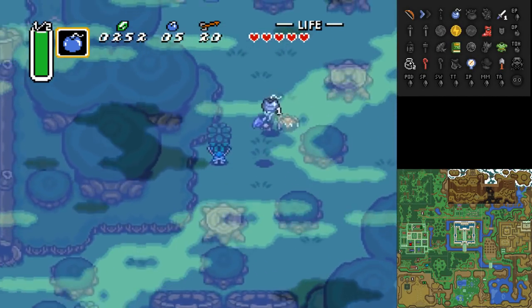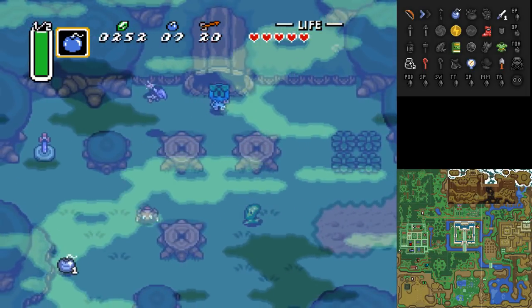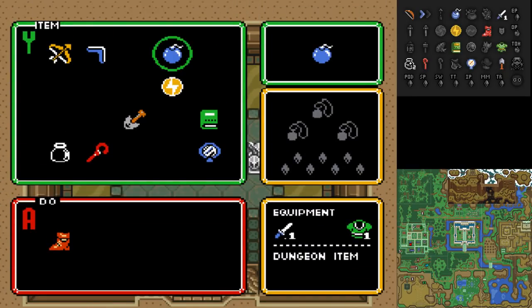What is a bush crab? Ooh, bombs. Nice. Alright, and this entrance over here has the right side of desert, which will be completable. Well, not necessarily. I don't know where the back of desert is, but